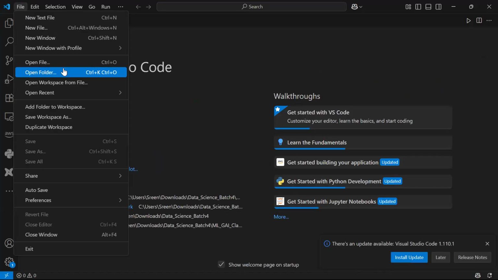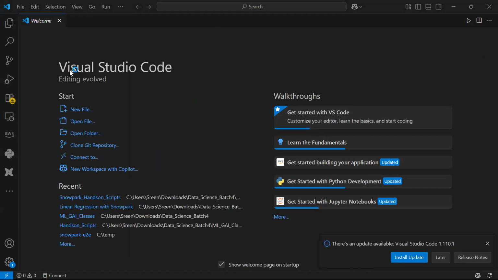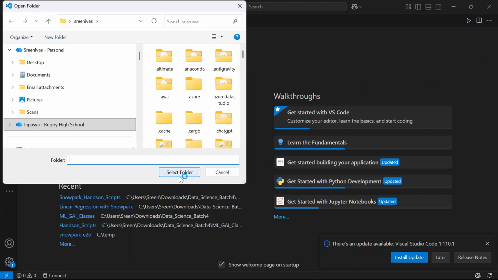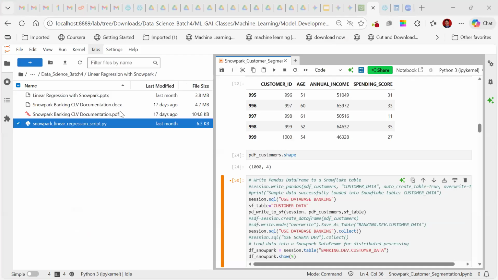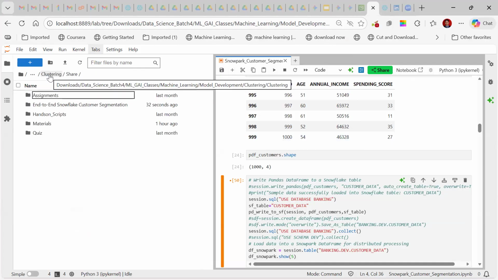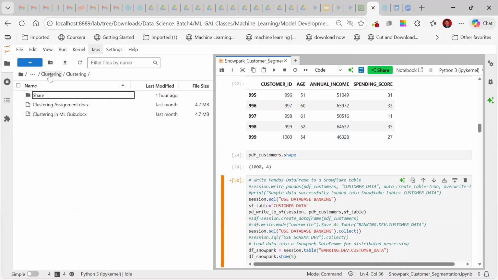Open folder. Downloads, in the clustering folder.